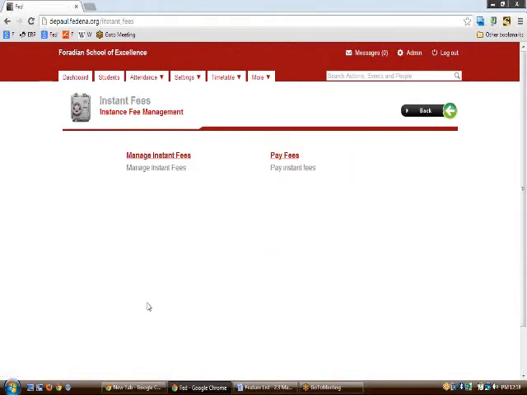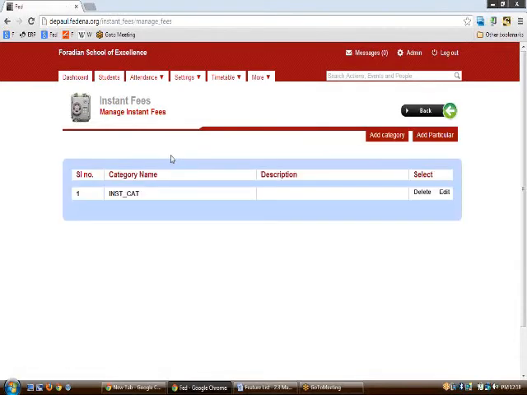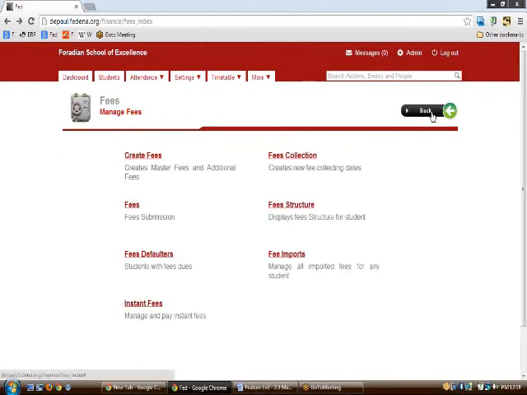Instant fees, we have something called instant fees here, where you can manage some kind of immediate fees for a particular instant. Let us say that if your institution needs some funding from the students, for example you are organizing a fun fair and you need to add some different set of fees apart from the regular fees that the students have been paying. You can just create a category and add it there, and this would be coming up in the instant fees of the students. So this is how the instant fees and everything about fees work.